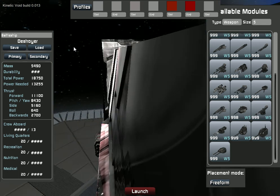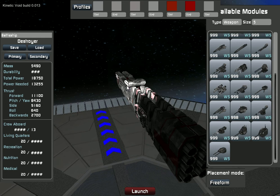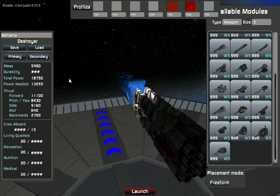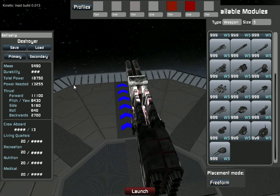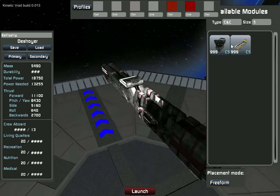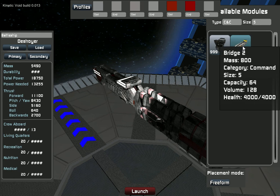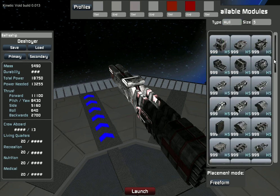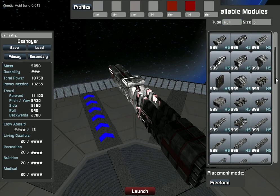Now, this thing doesn't have much of a crew, it doesn't have a jump drive, it doesn't have a kinetic barrier. In fact, I had to remove so many things just to keep it below that 5500 limit. But this, I can fly. Now, let's take a look at it. Yeah, this is a size 5 bridge, by the way. Let's go to bridge. There it is. That's the bridge. Size 5. And that's healthy. These things, I forget what they are. Let's see if we can't find them. I believe they are...